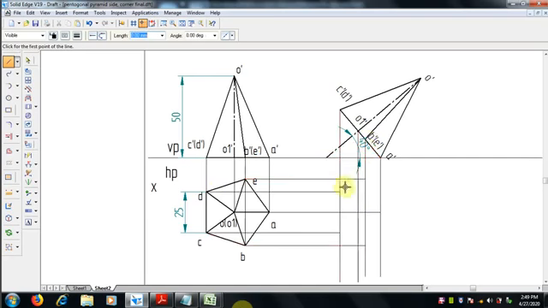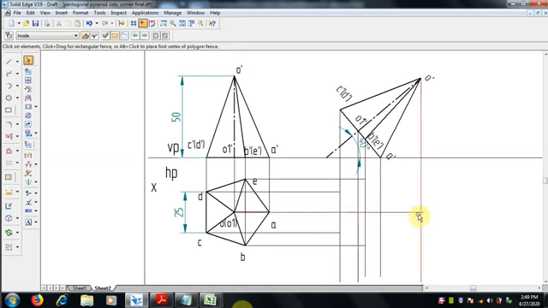So now all of it is projected, the base is projected, and now we have to project the apex also. So from this apex point to that apex point O dash, draw a line, and if it is extra, then you have to use the trim command. Exactly at that line or intersection point you can make it.